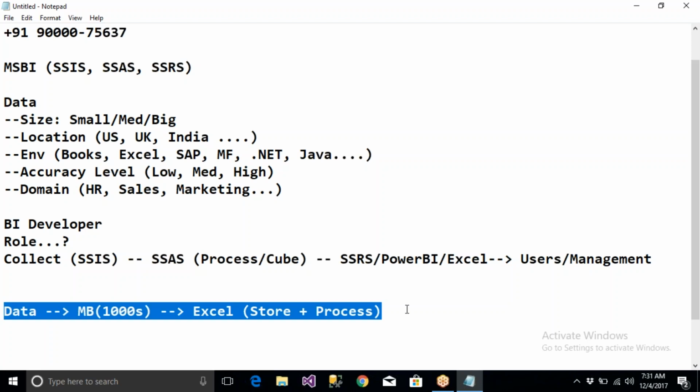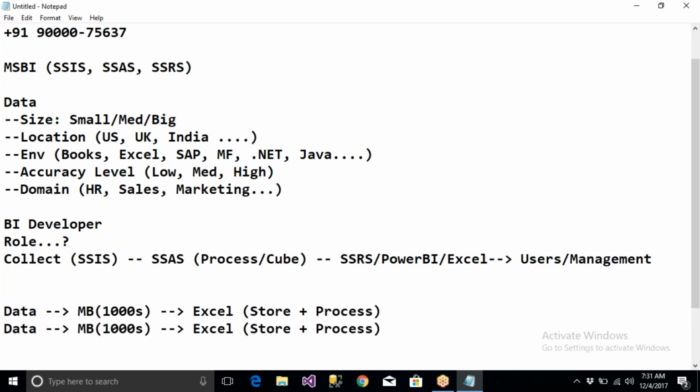But now the data has grown, so I'm getting 2000 inquiries every day. So the data I'm getting is GBs nowadays. When you get GBs of data, you get millions of records, lakhs of records, right? So Excel sheet cannot be used. Already we discussed this point. You have to use RDBMS tools to store the data, and we have to use a language to process